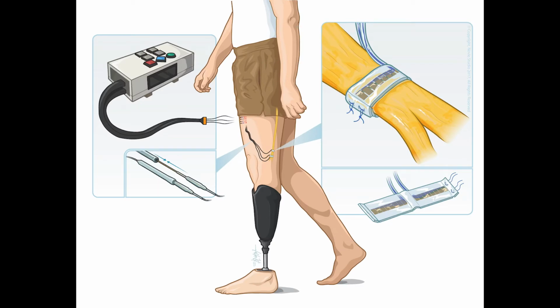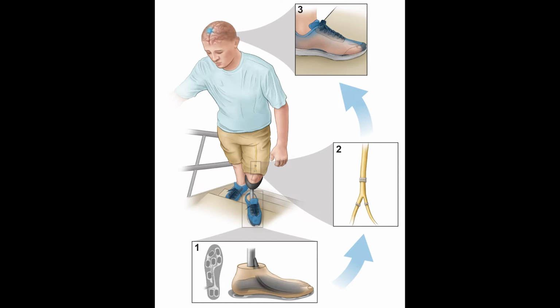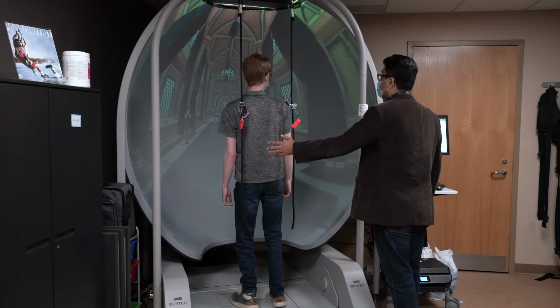Using the technology that was developed here in Cleveland at Case Western Reserve and VA, we were able to interface with the remaining nerves in the lower limb of individuals who have lost their leg. We were able to successfully elicit sensations by delivery of electrical stimulation to the remaining nerves. We have shown that the recipients of this technology can benefit from the restored sensations while they're walking or when